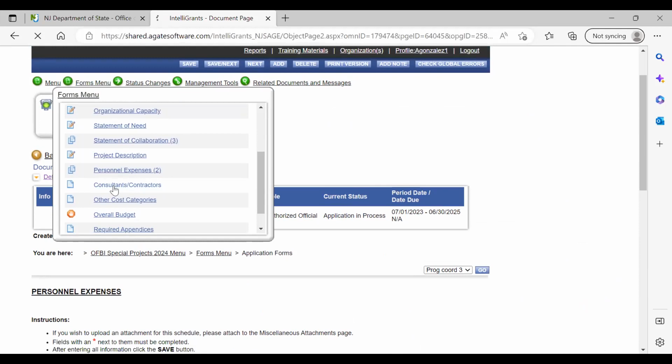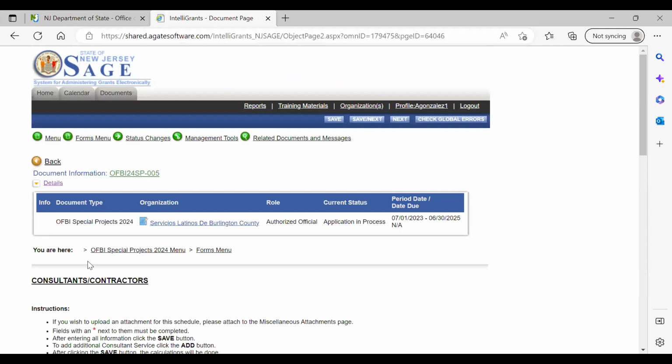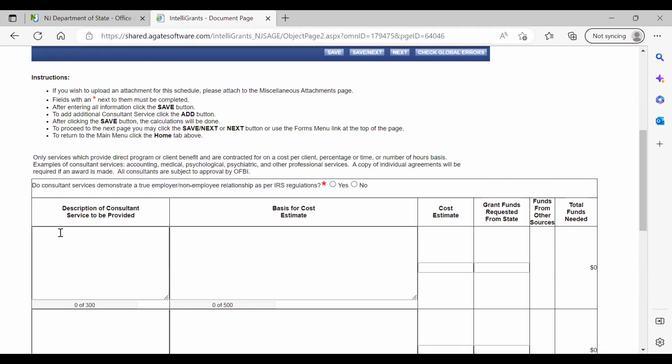and let's say you want to pay somebody a stipend, I don't know, a high school student or something. You write the description of consultant services to be provided: youth volunteer, youth worker, works, I don't know, 10 hours a week, and you're going to pay a stipend of, I don't know, $50, let's say.